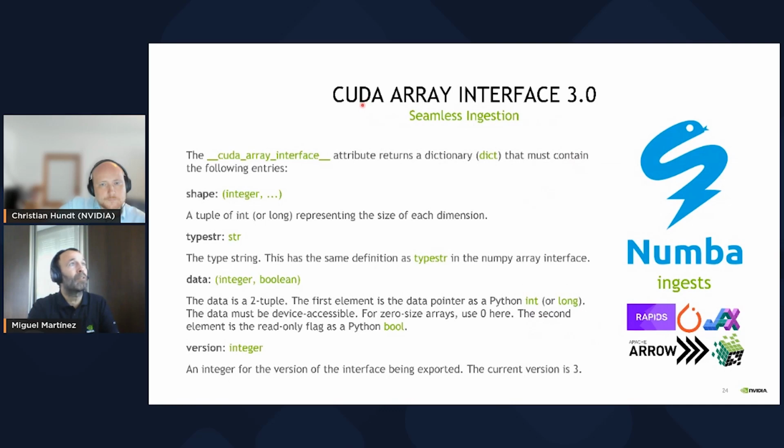For instance, we have the CUDA array interface, one specification we invented a while ago, which is also used, and it's really interesting. And likewise, it maintains the memory organized in a very similar way to DLPack and Apache Arrow. So when you are using a framework that organizes the data in CUDA array interface and you want to pass it to a framework that only accepts DLPack, do not worry about that, because it will be zero copy too. It's only just a couple of headers that will be transformed.